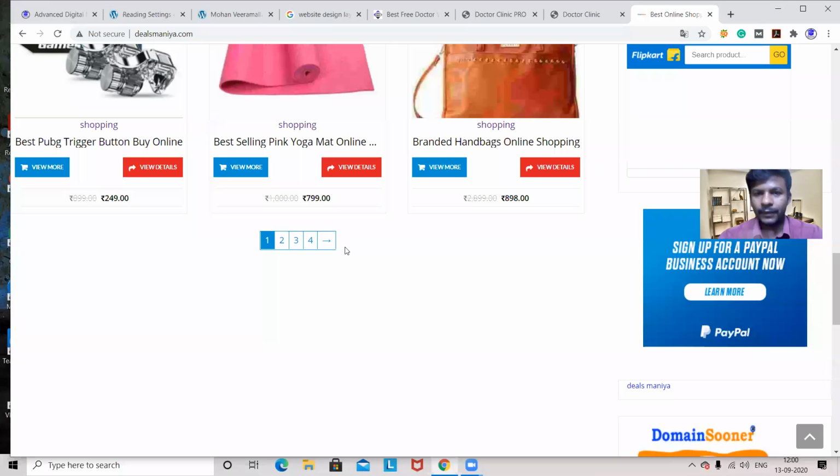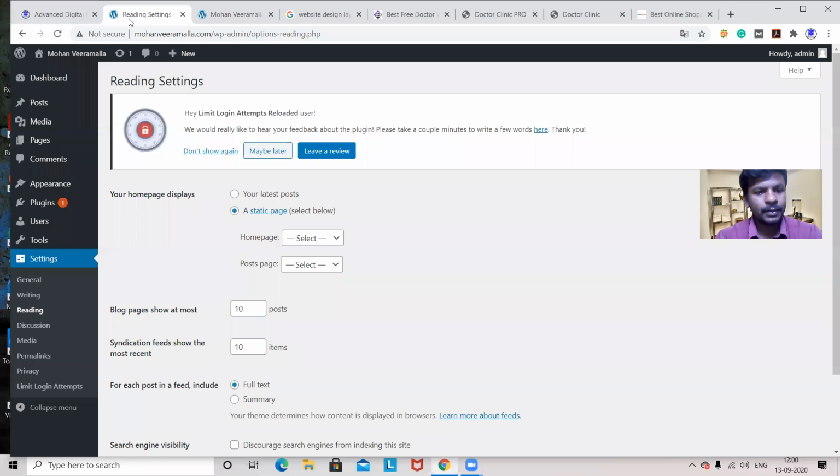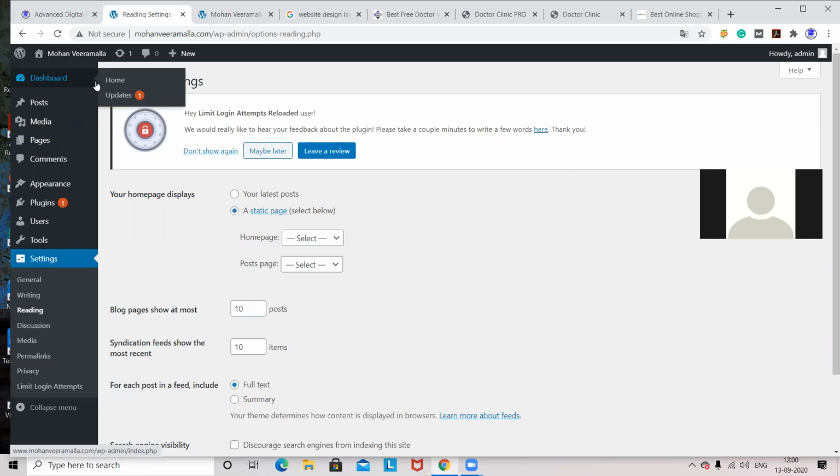That means after certain products, the second page will be created automatically. When the second page gets filled with the number I have given in the admin section, a third page will be created again. The system will generate this automatically. Okay, is it clear up to here? Yes, sir.